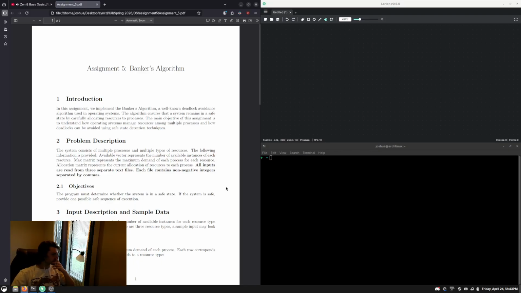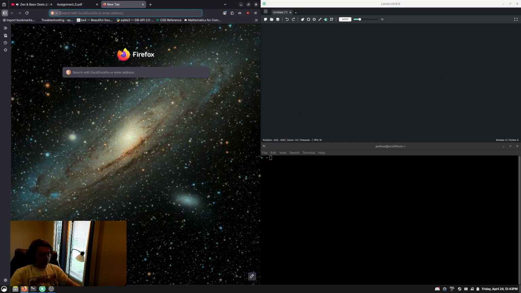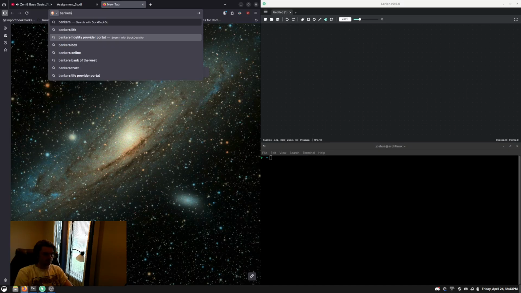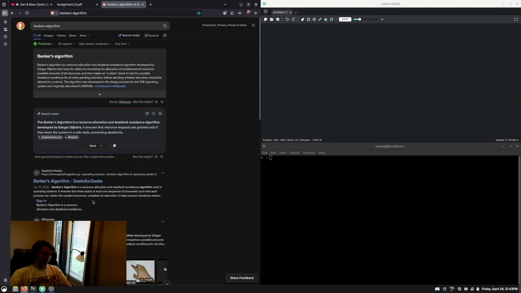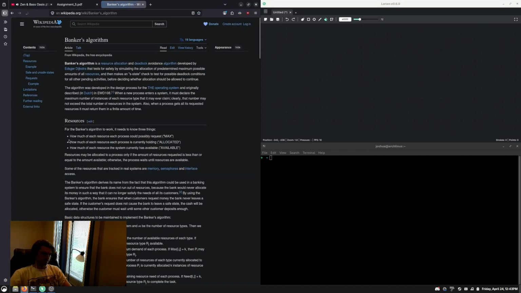I'm going to work on this assignment here a little bit for my operating systems class, about Banker's algorithm, which we should have an idea of this already, by simulating the allocation and